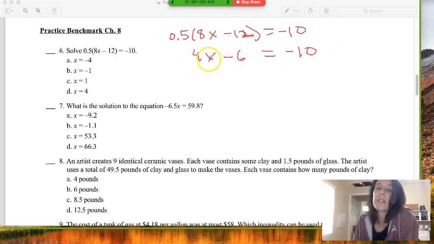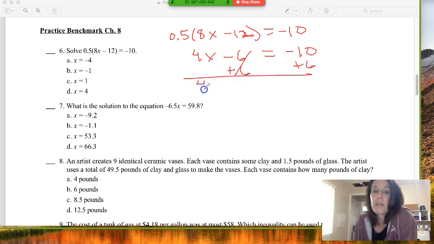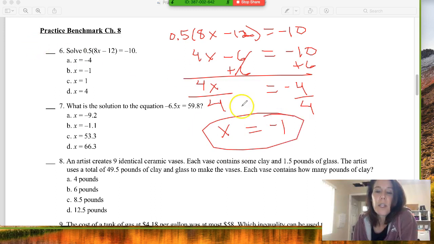Now I can work both sides of the equation. I want x by itself. First, peel off this 6. Add 6 to both sides. So I have 4 x's, and that equals negative 10 plus 6. That's going to give me negative 4. Divide both sides by 4. Negative 4 divided by positive 4 is going to give me x equals negative 1. You can plug it in here and check and make sure it works to see if it's a solution, and